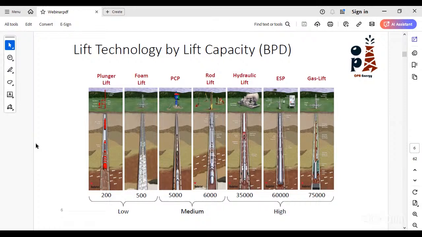And of course, every one of them is characterized by some features, starting from the flow rate capacity for every category, and the net lift that every pump can produce for us. The different characteristics like the withstanding of temperatures, the different kinds of environments like sand production, gas liquid ratio, and so on.